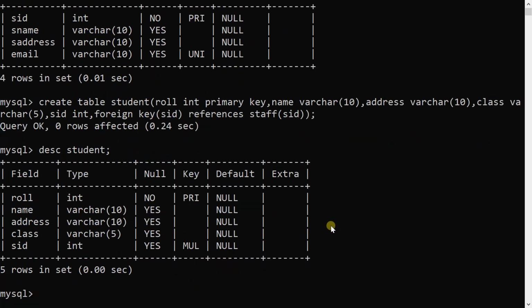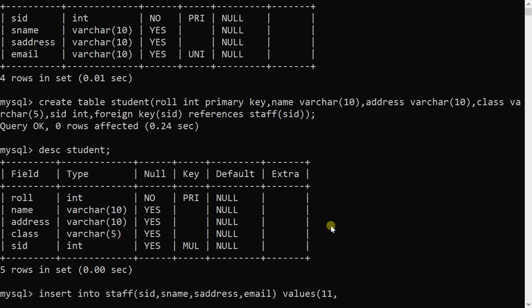If I want to retrieve data from these two tables, what is the first step? Firstly, we have to insert records in both tables. First I will insert records in the staff table. Insert into staff into brackets SID, SName, SAddress, email, then values. SID is my integer data type, so I can have 1.